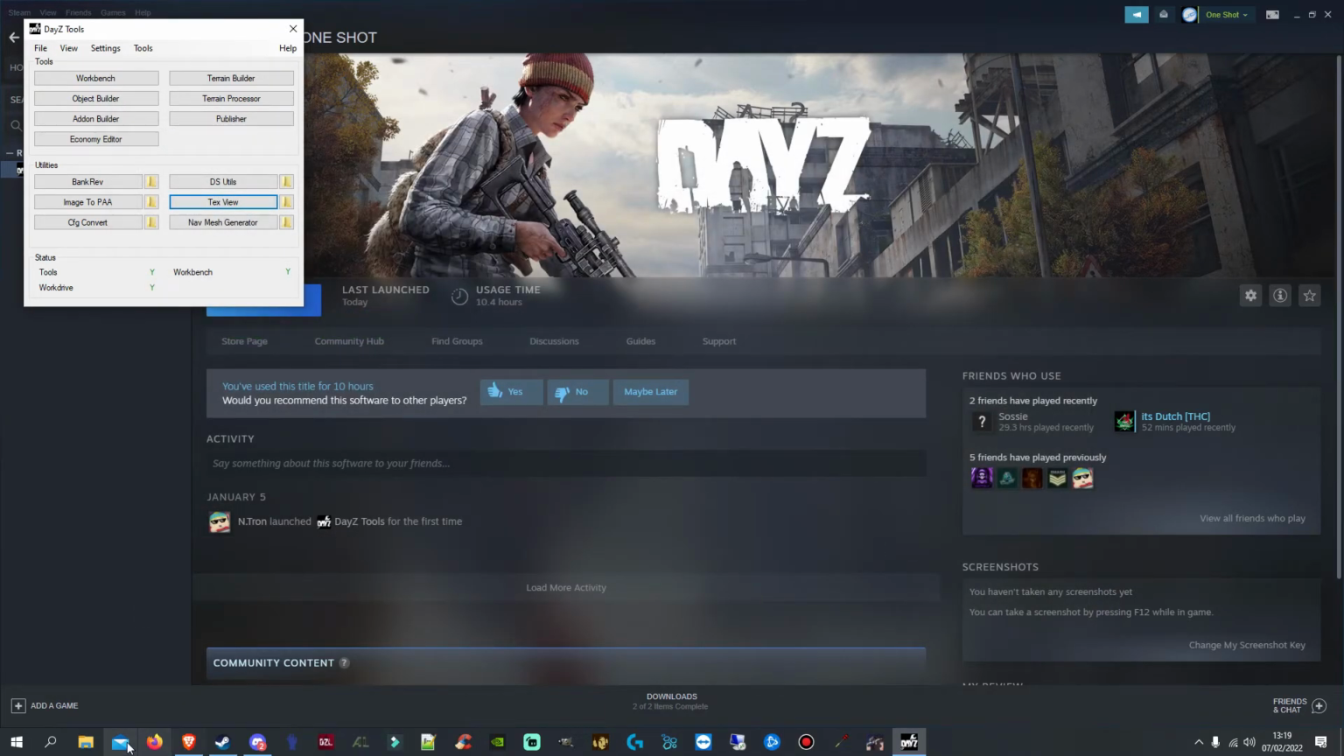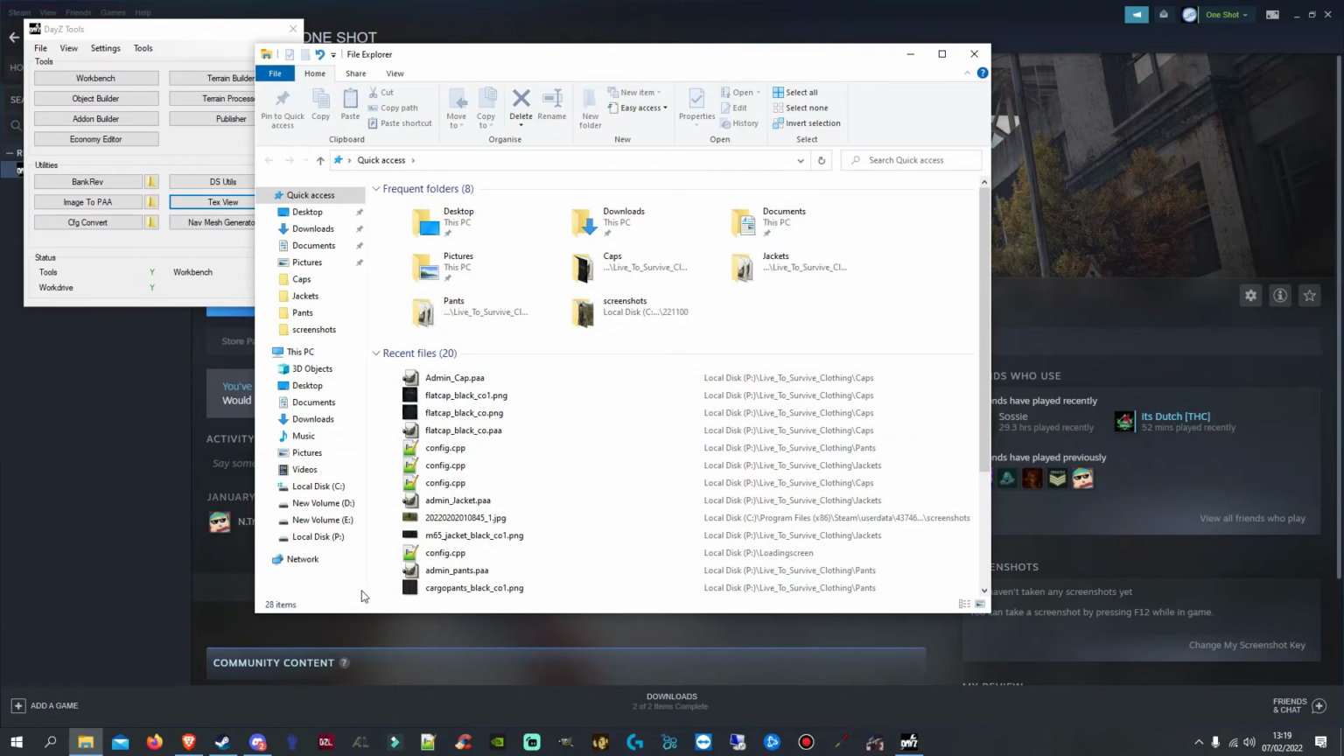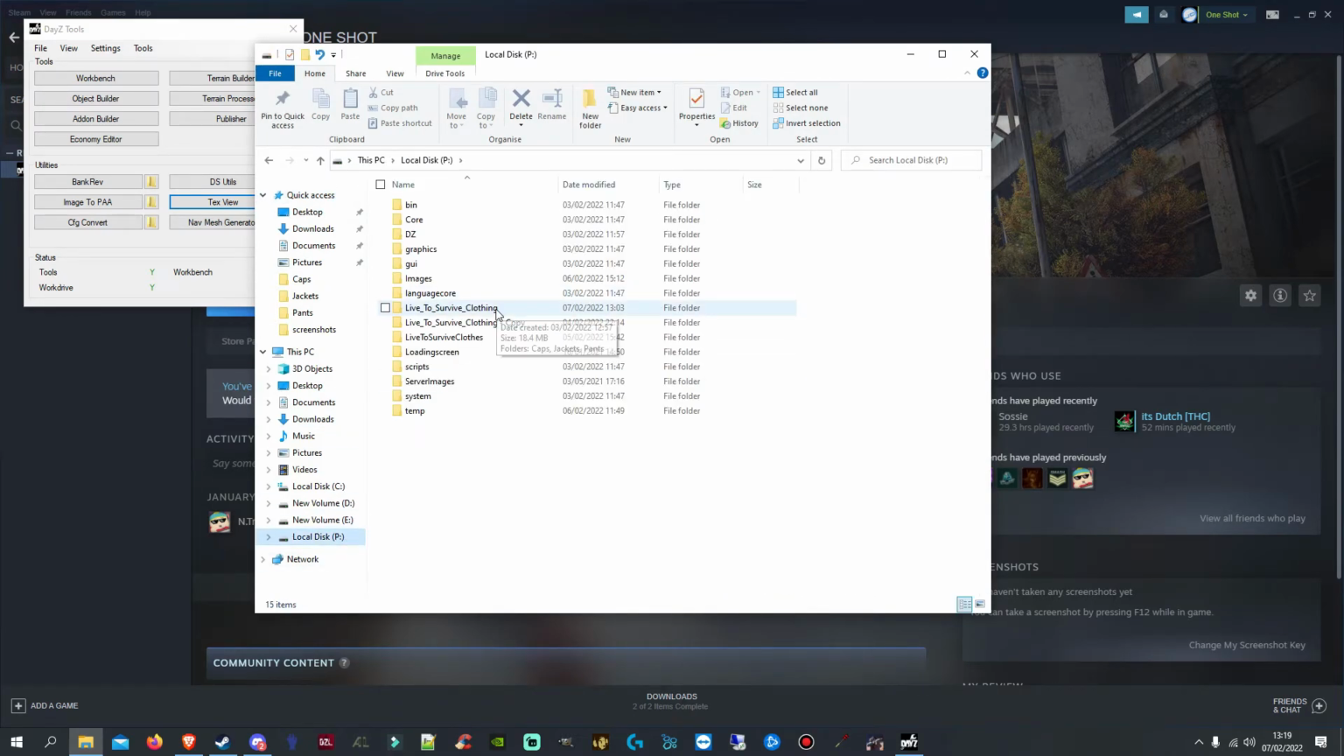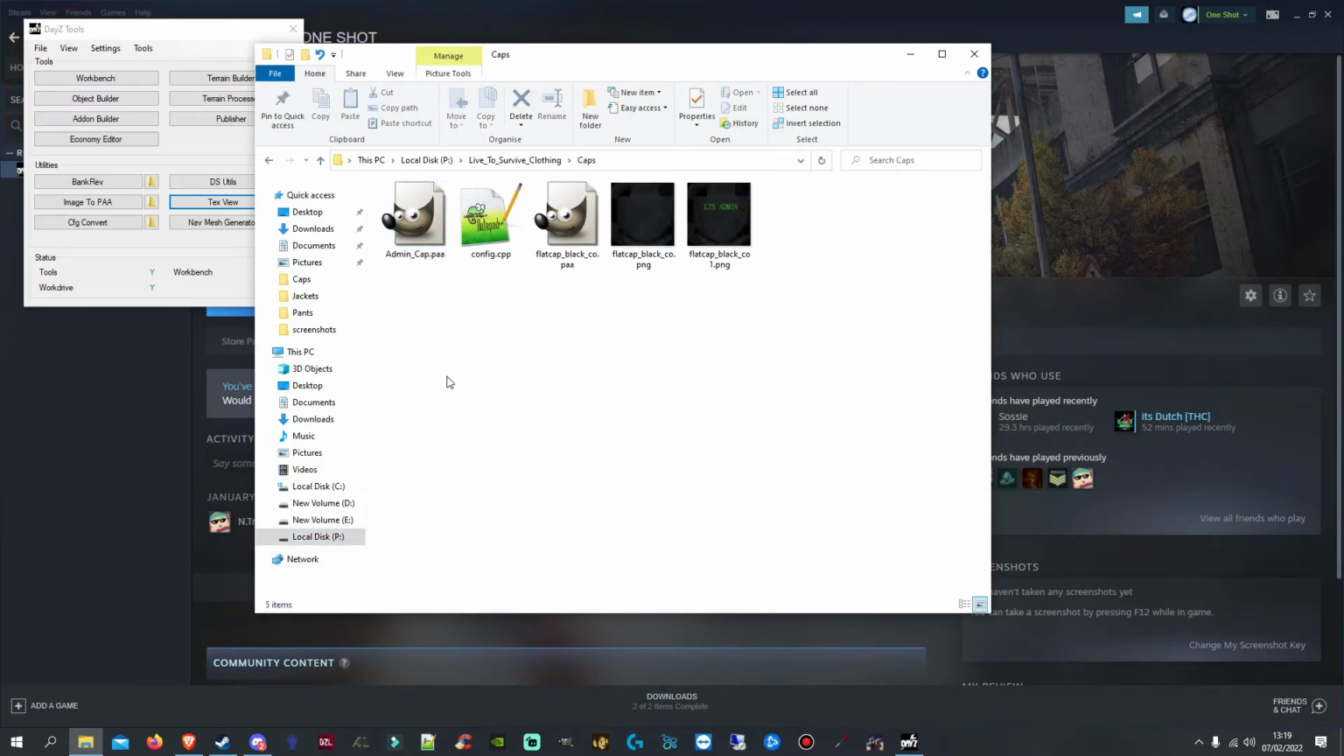Now, if we go back to the P drive, we should have that there. Go back to caps. So we've got all the ones that we saved, and we've got the PAA file right there, admin cap. We can go ahead and delete these, but for now I'm just going to keep them there. That's the original texture. That's the one that I've